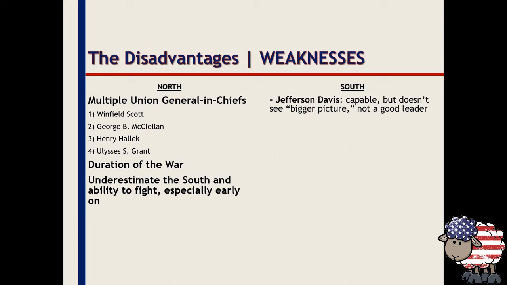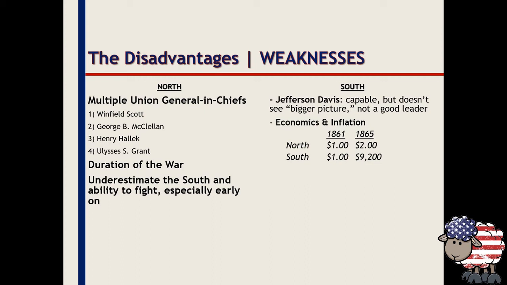And then economics and inflation. So inflation hits the North, it doubles. So the cost of goods, $1 is worth $2, or things that would have cost $1 in 1861 now cost $2. But it really hits the South. As you can see, the inflation is ridiculously high over just 4 years.